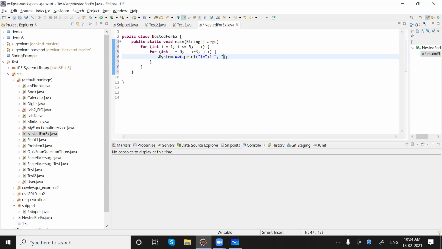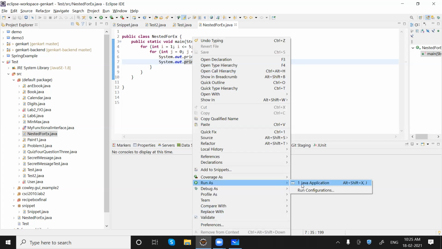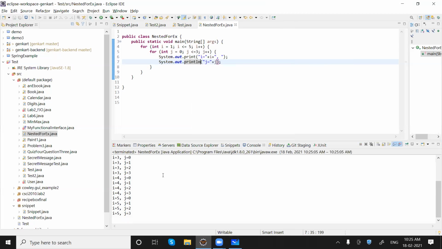Okay. Then I'm saying j is equals to, and for this I'm doing println. Okay, now let me just run it quickly and see what is the output.